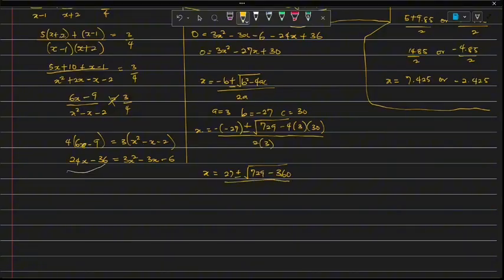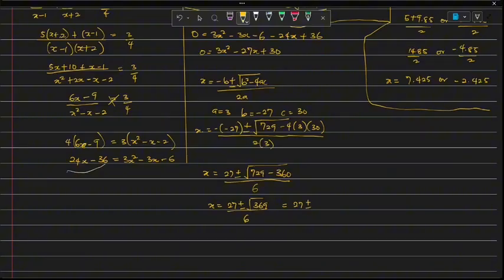All over 2 multiplied by 3 gives us 6. I hope we're together. So which takes us to x is equals to 27 plus or minus the square root of 729 minus 360. Punch a calculator. 369. So we have the square root of 369 all over 6, which leads us to